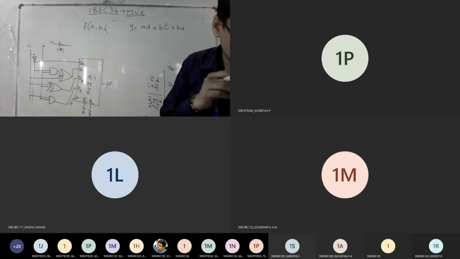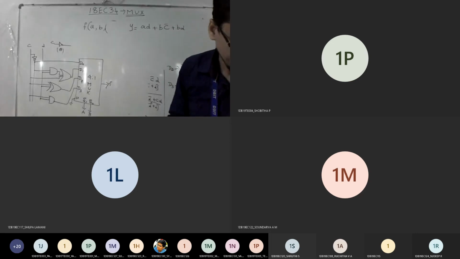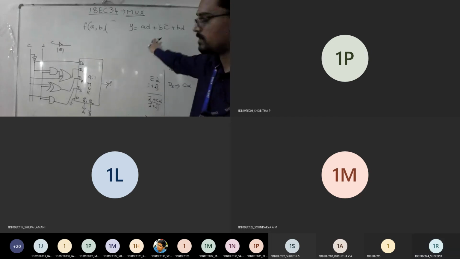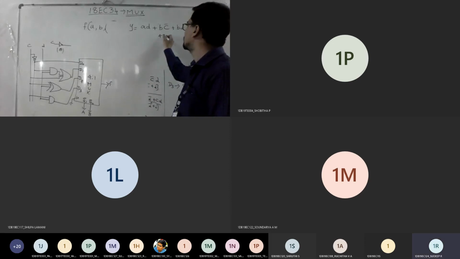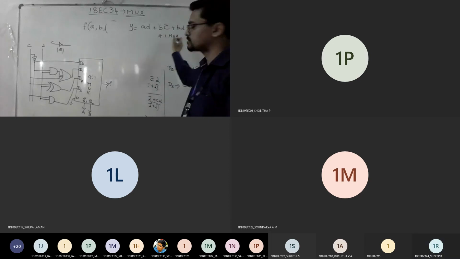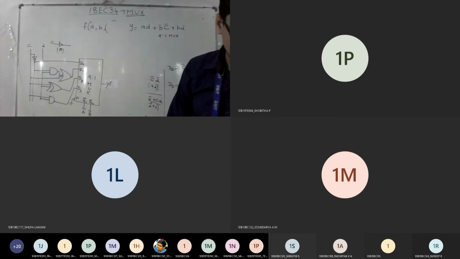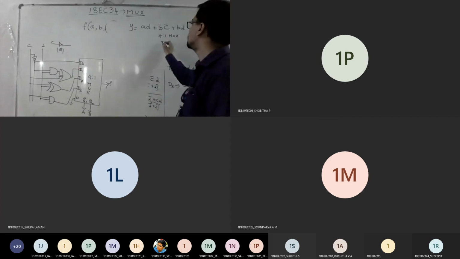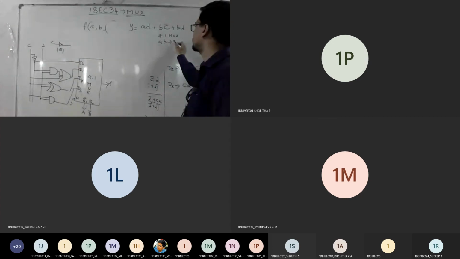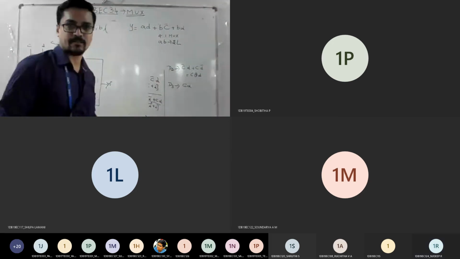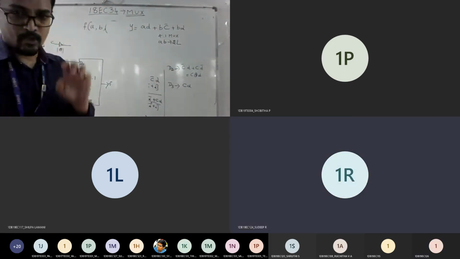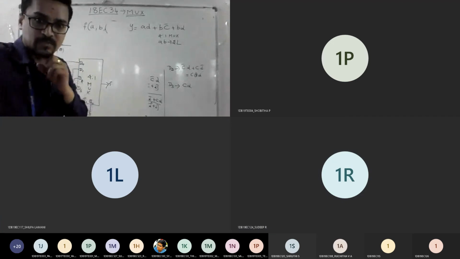So this is the given Boolean expression for you. Okay. So repeat, y equals AD plus BC bar plus BD using 4:1 mux, using 4:1 mux and AB as selection line. AB as selection line. So I hope you got the question how to solve.